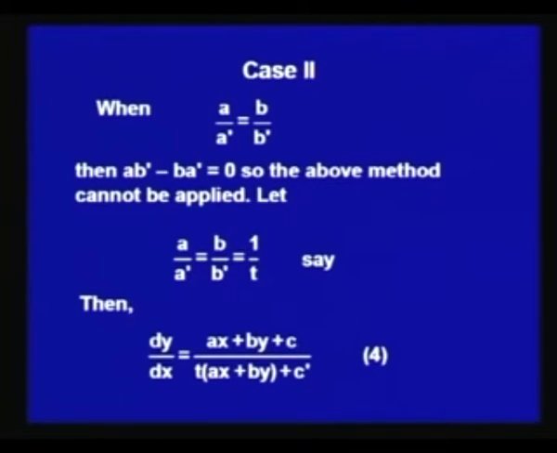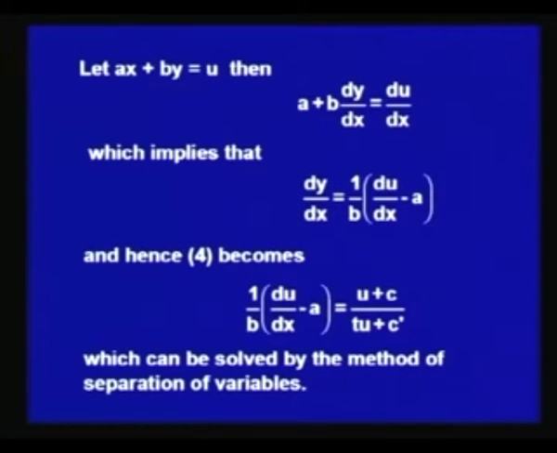we will be getting dy by dx equal to (ax plus by plus c) over t times (ax plus by plus c dash). Let us put ax plus by equal to u, then we will have, after differentiation with respect to x, a plus b dy by dx equal to du by dx, which will give us the value of dy by dx as 1 over b into (du by dx minus a),